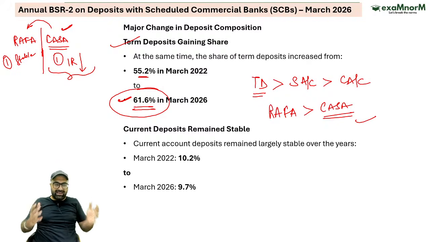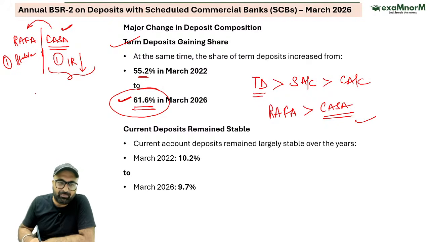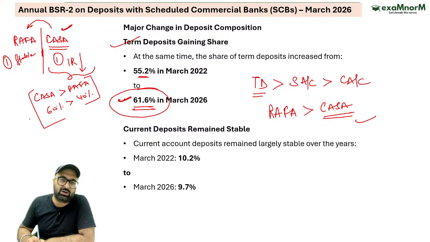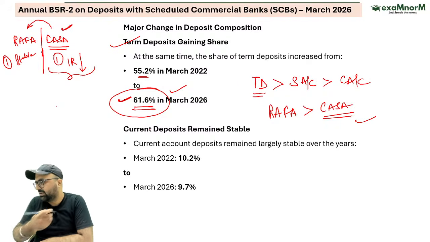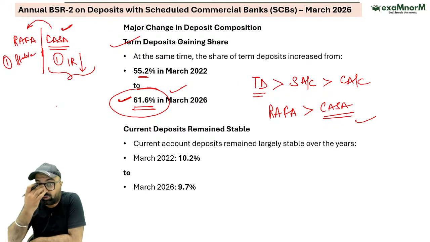They should be in a balanced form. और balance क्या कहता है? Balance कहता है कि CASA should be greater than RD and FD. अगर ये percentage कुछ ऐसी होती, then I would say the banking sector would have been doing well. But right now, banks, they have higher side of their liability with higher rate of interest, because जो rate of interest है on term deposit is greater than what? So that is the demand deposit accounts.